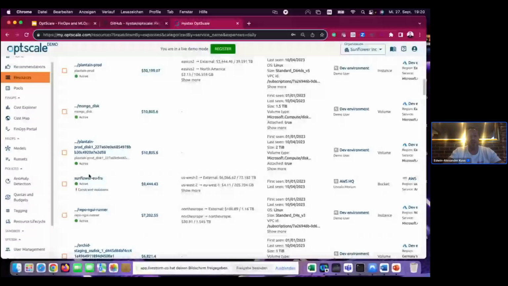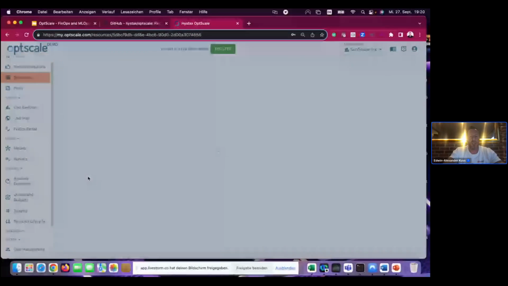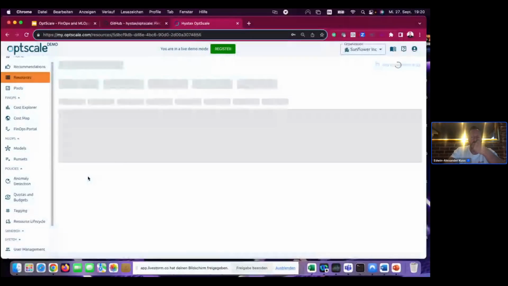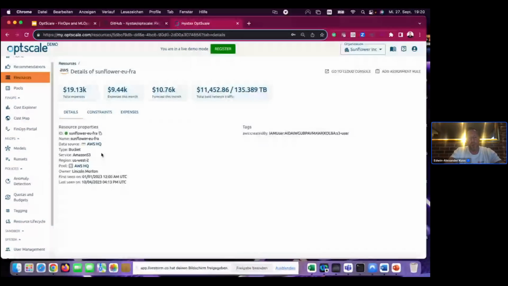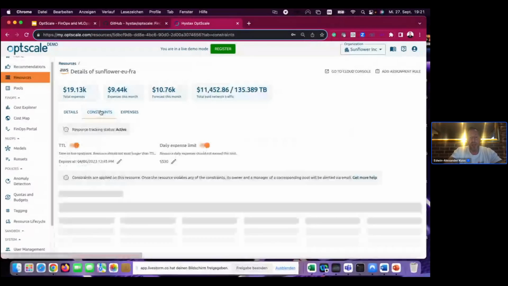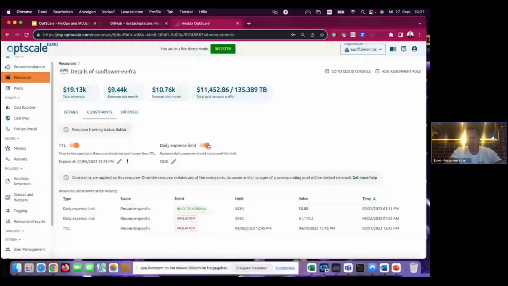So if I click on this, for example, whatever it was, I didn't actually take a look. It's a bucket. Yeah, it's a bucket. So you can see where this bucket is, which cloud, AWS, which region, US West, who's the owner. And then you see here the expense of this bucket in total for the month, the forecast, and the paid network traffic related to this bucket. You can set constraints. So here you can set time to live, daily expenses. For example, 530, maybe it should be a little bit less. So let's make it